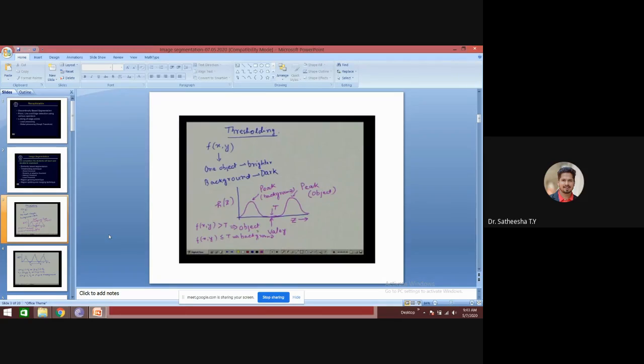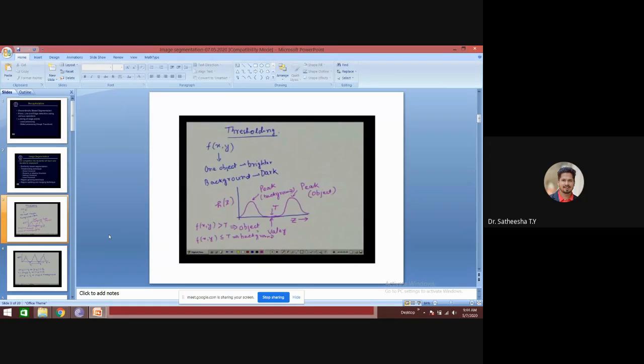So on this side, we put say intensity value Z, and this side say is our histogram of Z. As we said, because we have one object and we are assuming that the object is bright, which is placed against a dark object, the intensity values will accumulate, and the histogram will give rise to a bimodal histogram, where the intensity will be concentrated on the dark side as well as the brighter side.